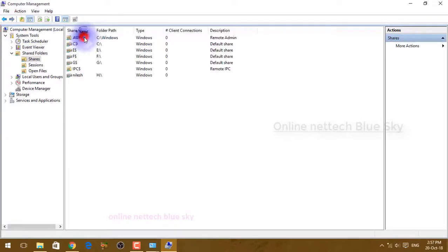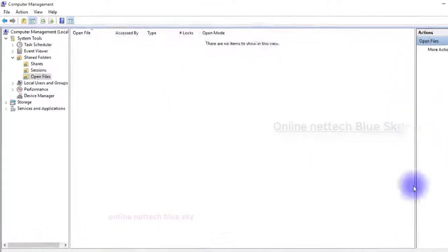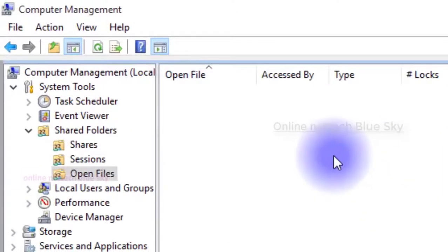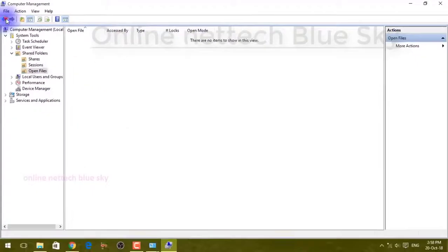Sessions is a very good technology for open files: it shows who is using your computer, which computer user has opened your files, and you can check and monitor that here.